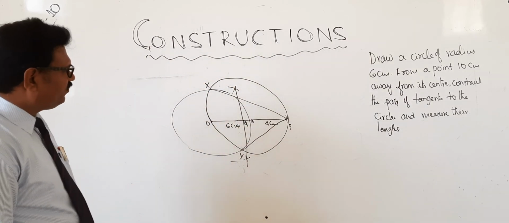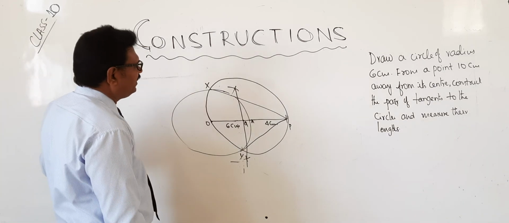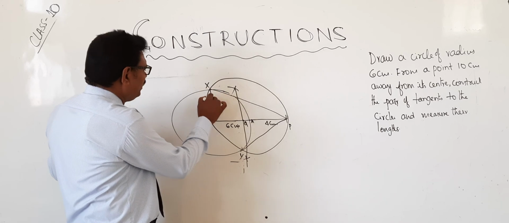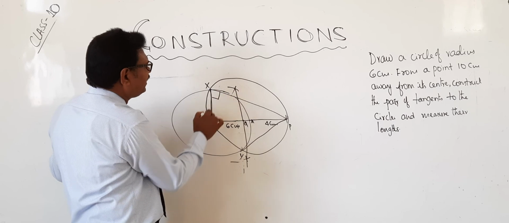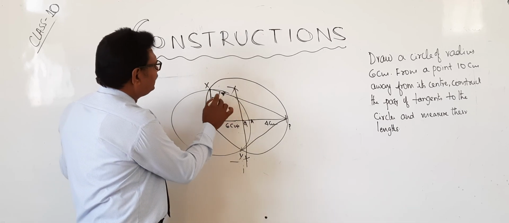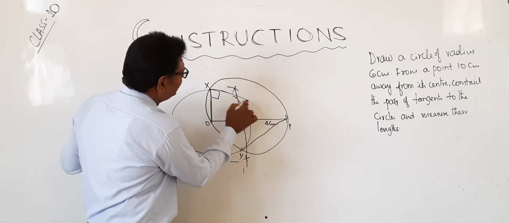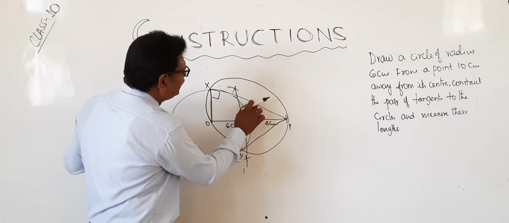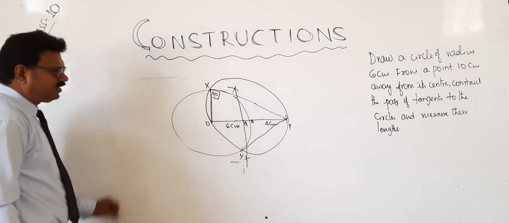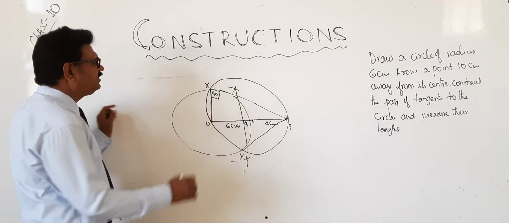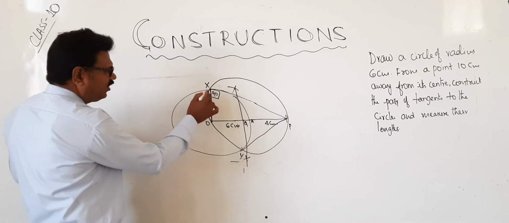And measure their lengths. What will be the lengths we have to select? Very simple. Okay? So how to select this? Now do like this. We know that it is nothing but a right triangle, because we know the tangent will always be perpendicular to the radius of the circle, that is 90 degrees. From here to here how much it is there? 6. Here to here it is 6 plus 4. We have to find out this.